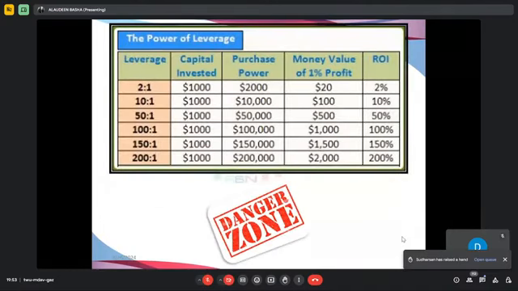Okay, let's go with leverage. It's very, very important. For example, it depends on the broker. If you are opening a demat account with any broker, they allocate the leverage based on the broker. For example, if you have 1% of the amount, that particular broker gives 2 times the leverage. For example, if your capital is 1,000 rupees, instead of dollars, you can convert it to Indian rupees, the broker